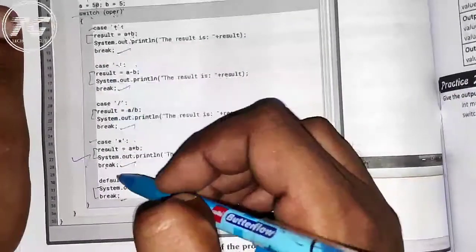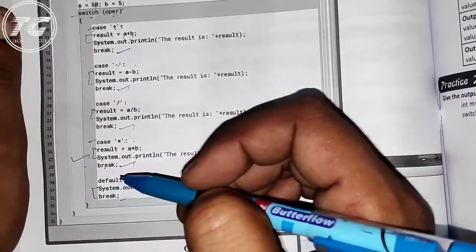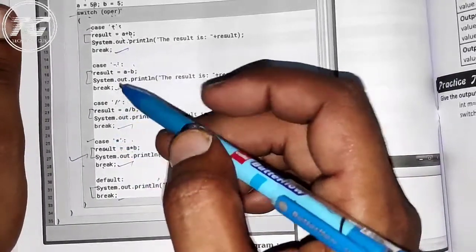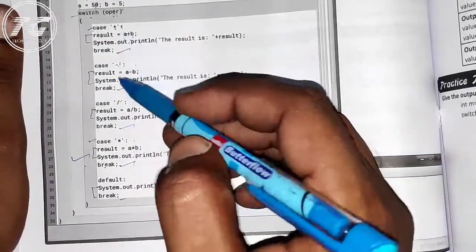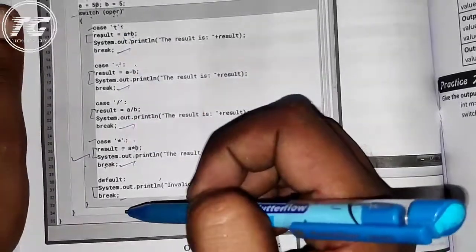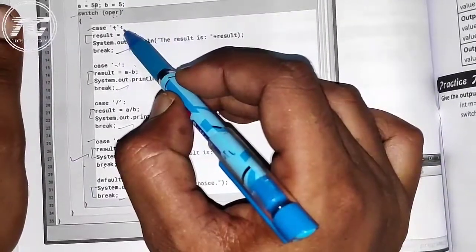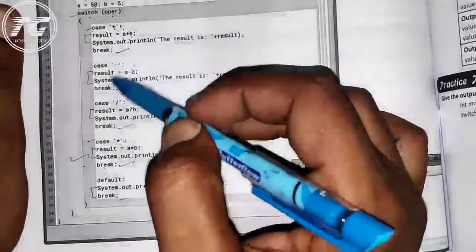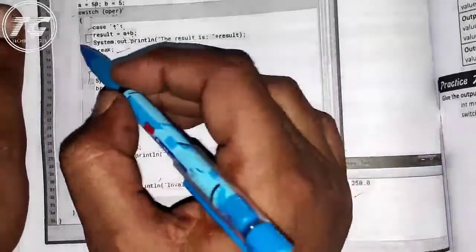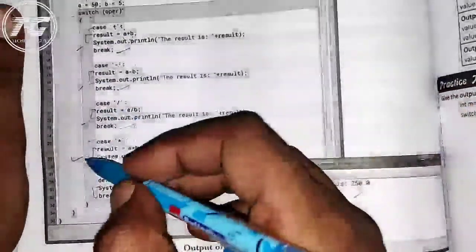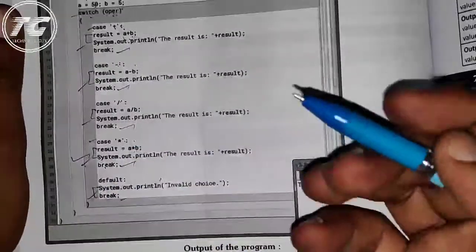If the break keyword is not written inside the switch statement, then the cases after the matching case will all execute. So suppose the switch statement is matching with the plus sign and the break keyword is not written anywhere, then what will happen? This case will execute, this will also execute, and this will also execute.